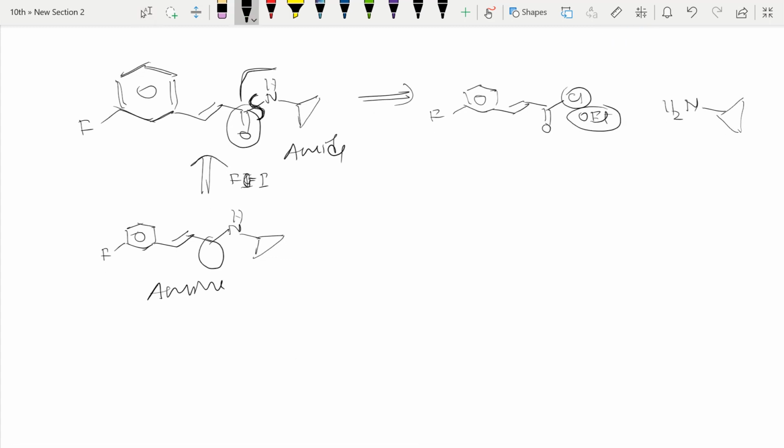But here we never put this Cl, because Cl makes this carbon, which I am showing in red, more electrophilic, because of which we keep it as OEt or OH, right? So I will do just functional group interconversion. Instead of keeping it Cl, I will convert it simply to OEt. See here, I will show you.